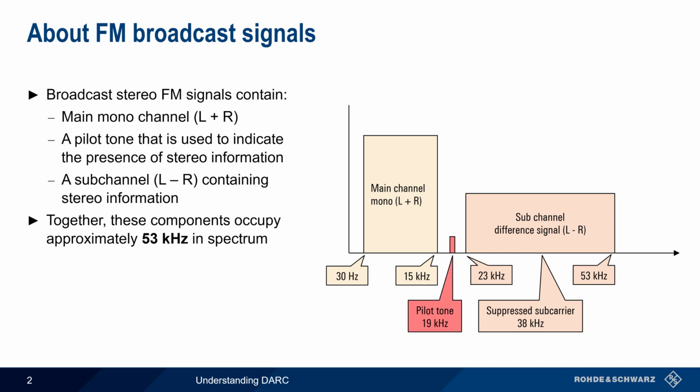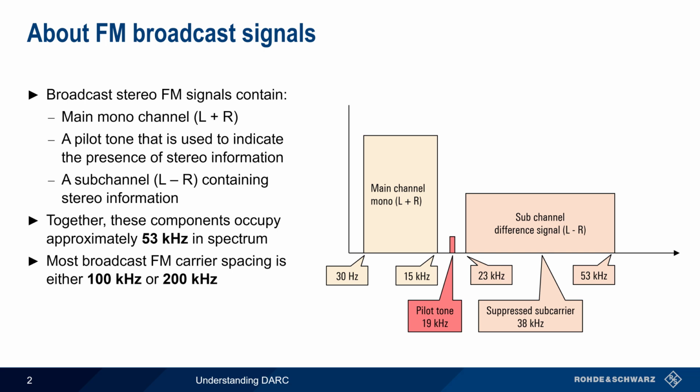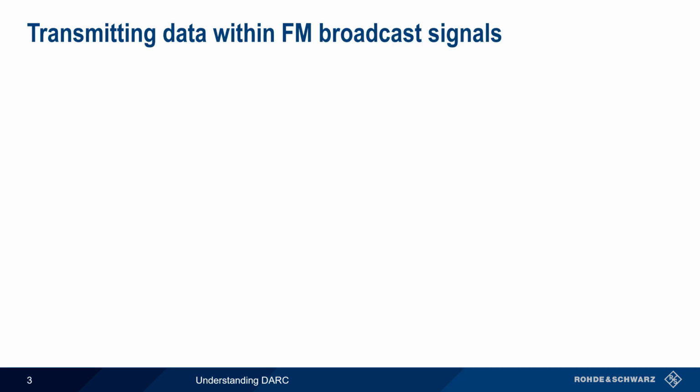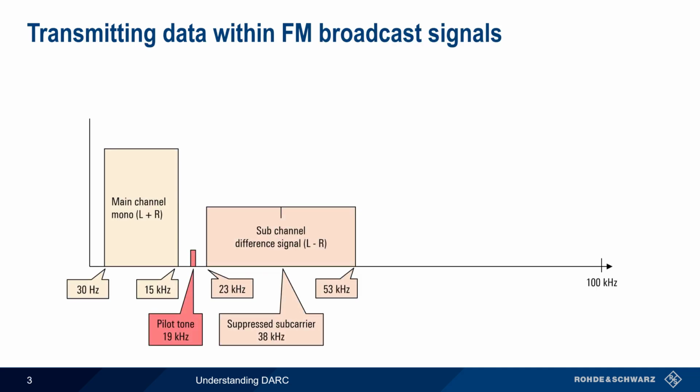Note that in most parts of the world, the spacing of FM broadcast channels is 100 kHz, and in some places, such as North America and Australia, the spacing is 200 kHz. This means that there's often a significant amount of unused spectrum per FM broadcast channel. The spectrum above the FM stereo signal can therefore be used to send data or digital information along with the